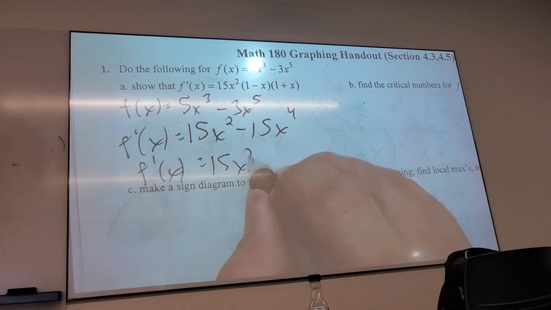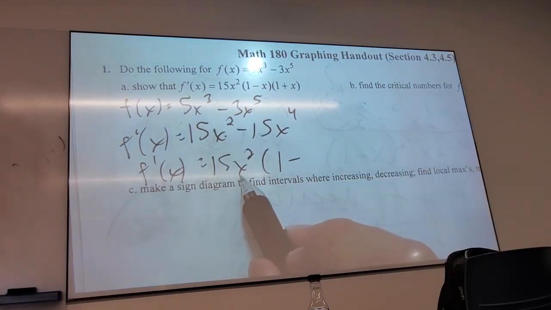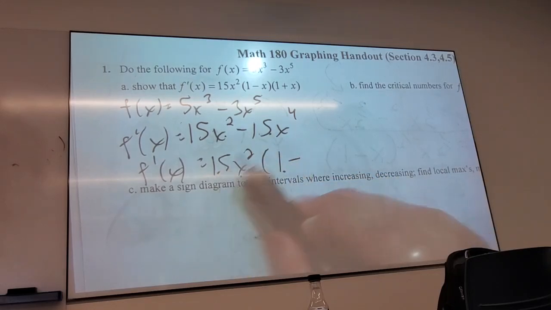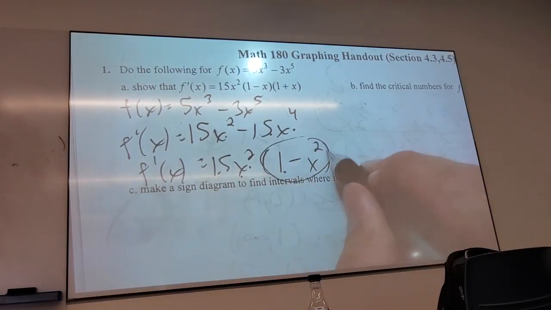15x squared. I took this whole thing out, divided by this is 1. I had 15, took it. I had 1 minus x's, took x squared, 2. So I'm left with 2 x's. Good. And of course, this